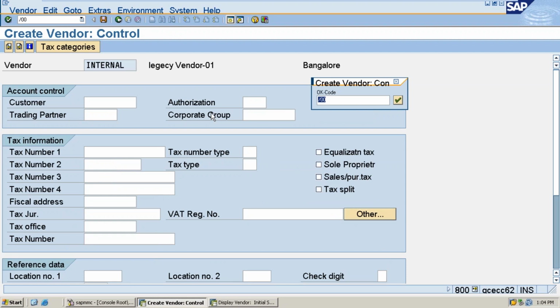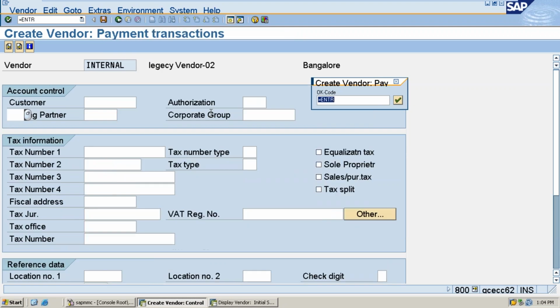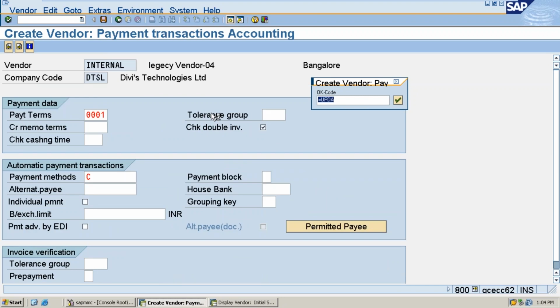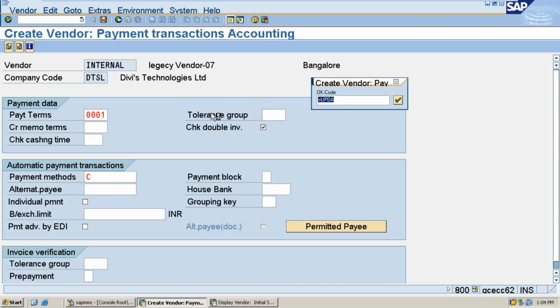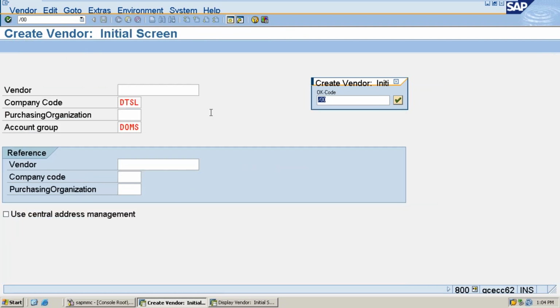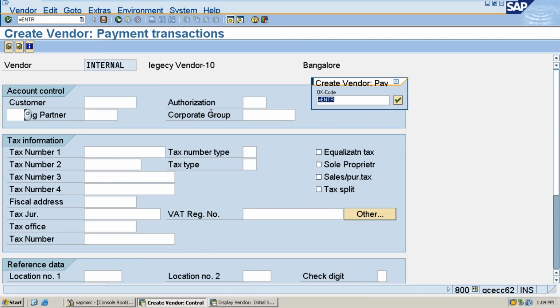Field to field mapping moves, right? Rules are moved. One by one it's moving. See like this. Press enter, 2-3 seconds, and all the records will be loaded successfully. See how it's loading. See 04. This is 05. Legacy vendor code is 5. Like this, there are 15 codes. All the records are loading automatically. If you go into background mode, you will not see this. You can go and see the total records loaded.